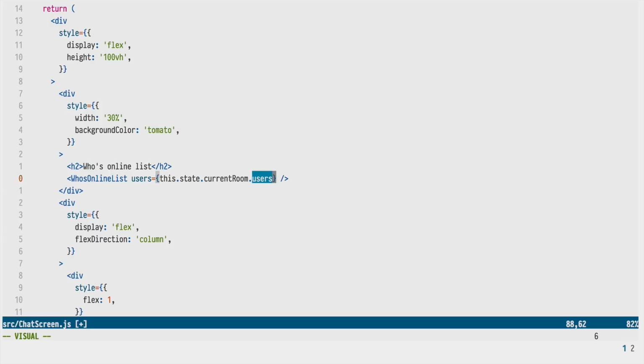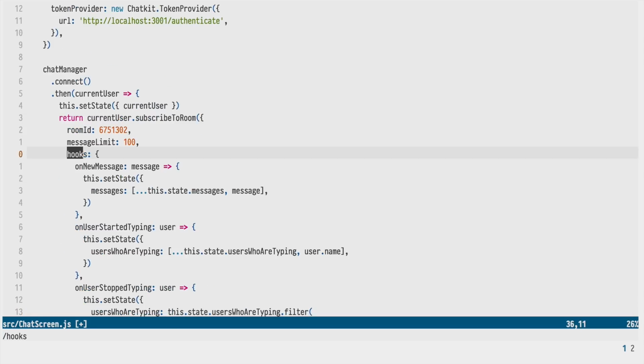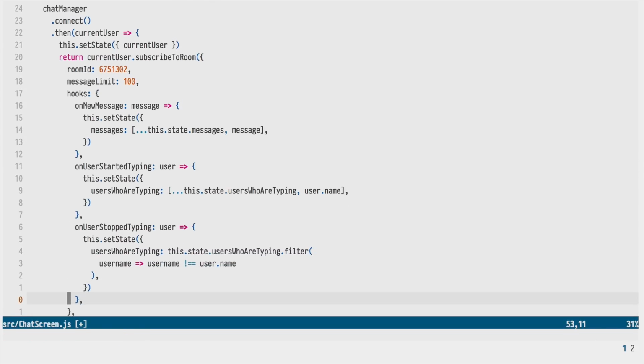So whenever someone joins, they get added to this property. If their online status changes, whether they go offline or come back online, it's completely reflected by this property. Which means that when it comes to updating our user interface, all we really have to do, because obviously when someone comes online or goes offline, we want to update our user interface, we can use hooks like we did for the typing events. So we can say when a user comes online,